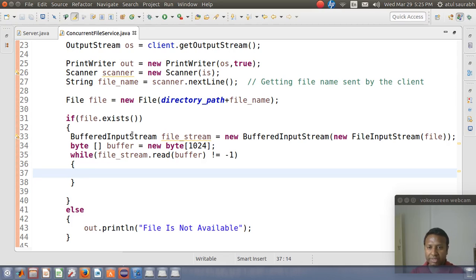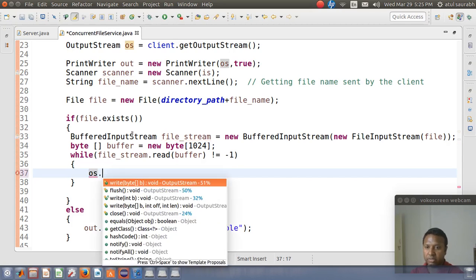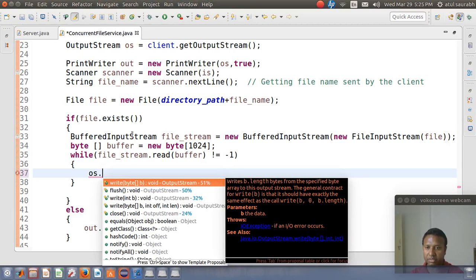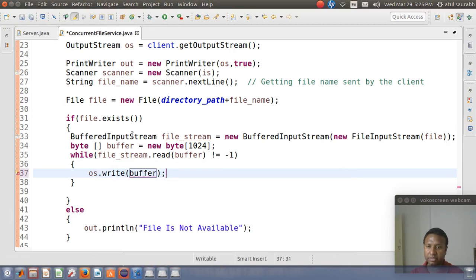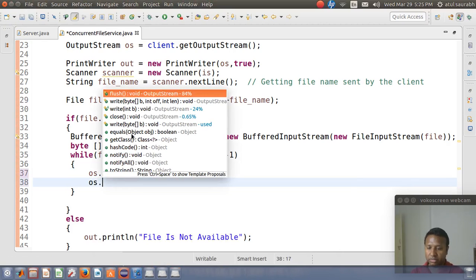And then what I want to do, simply I want to use output stream dot write buffer, and then I say os dot plus.